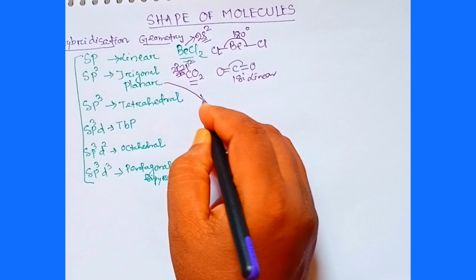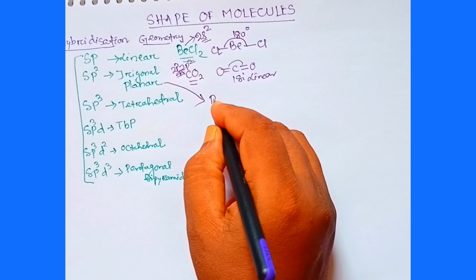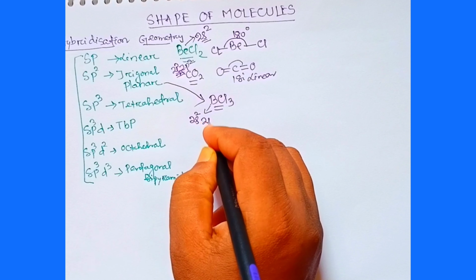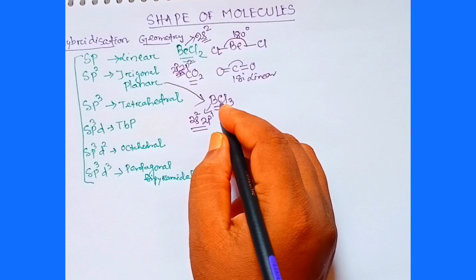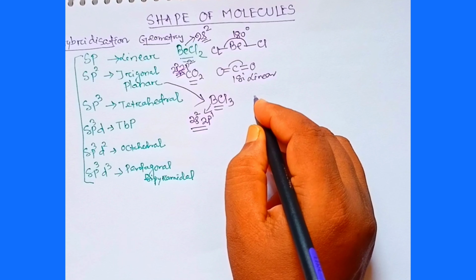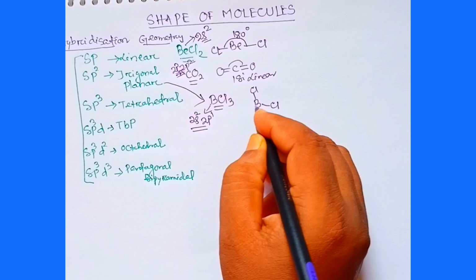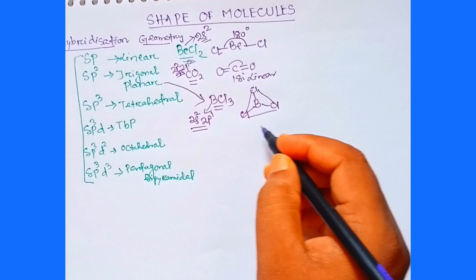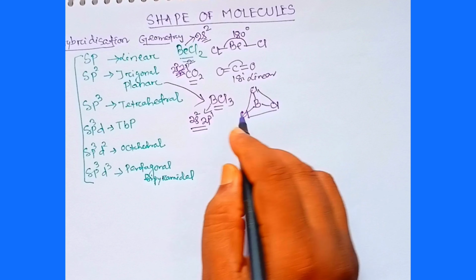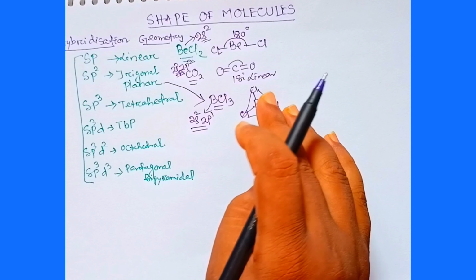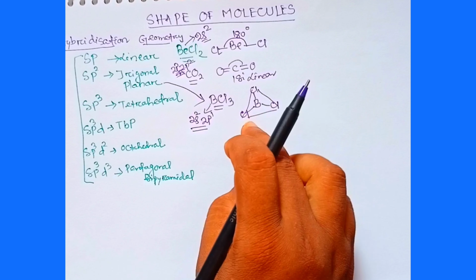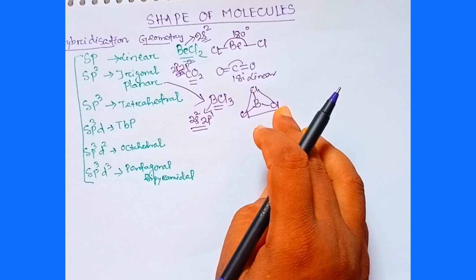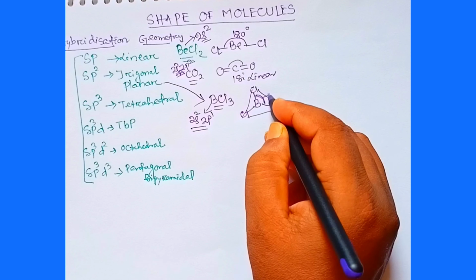Under the trigonal planar heading, if we discuss boron trichloride BCl3, boron has the outermost electron configuration 2s2 2p1, so it has 3 outermost electrons to participate in the bond formation, so it will form 3 bonds with 3 chlorine atoms. So here the shape will be trigonal planar. You see this molecule looks like a triangle and it remains in a single plane. I can put the whole molecule over a single paper. This is planar, so the shape of the molecule is trigonal planar. Here each bond angle is 120 degree.